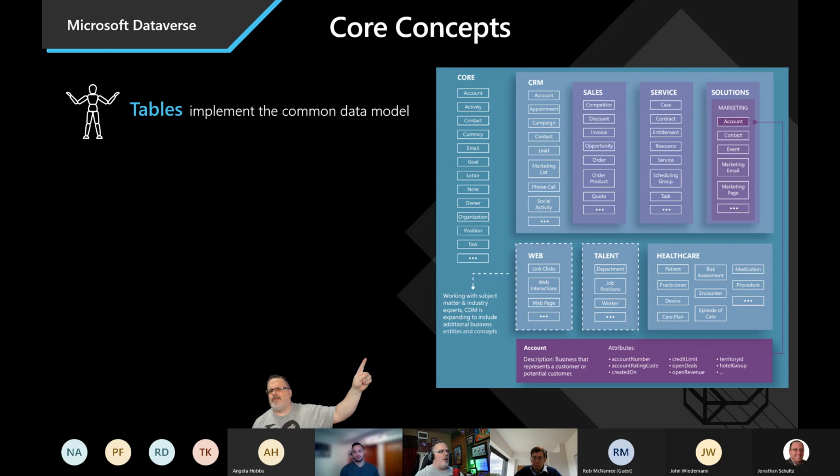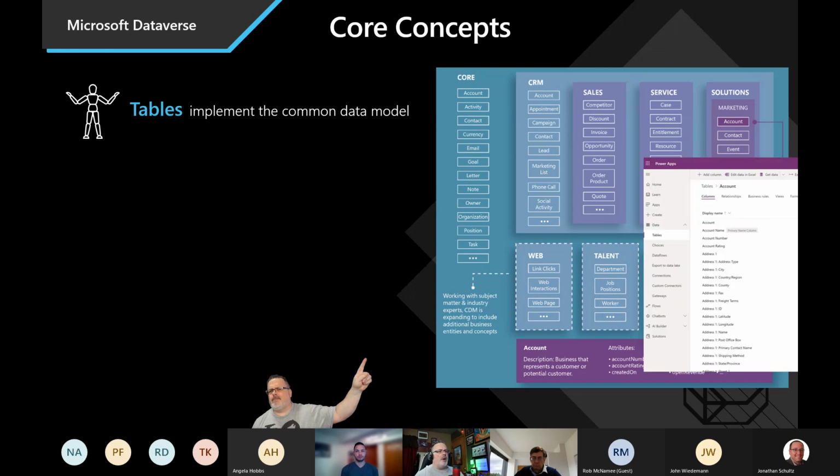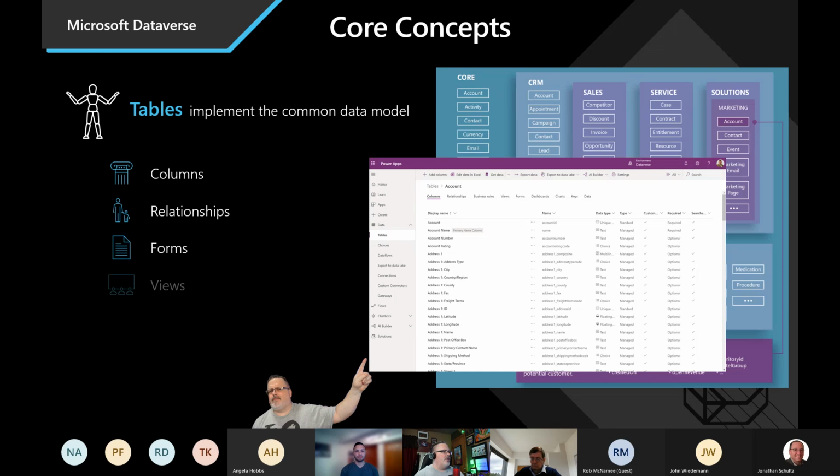These are not automatically populated, but they're going to be defined for you using the most common definitions that are out there. If you have specific needs to customize, you're more than welcome to customize these columns, enhance and build out your different relationships between the tables. And just like in any SharePoint list, you can create forms and views that sit on top of these.